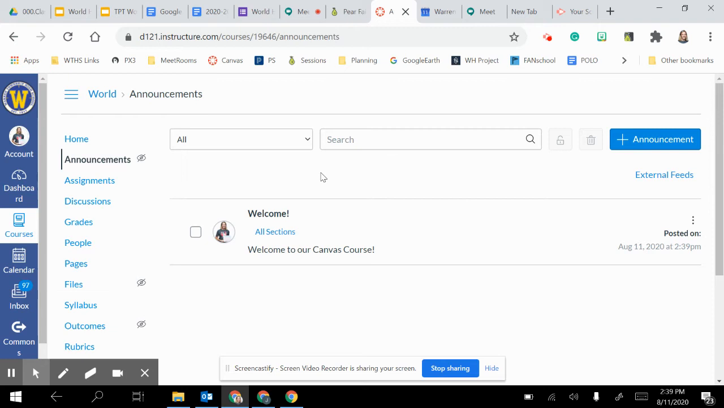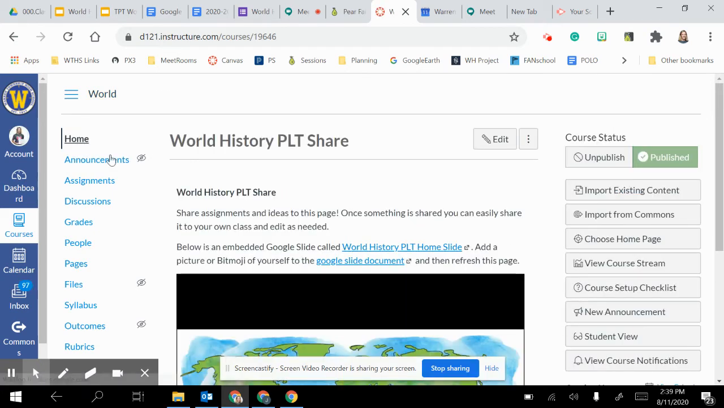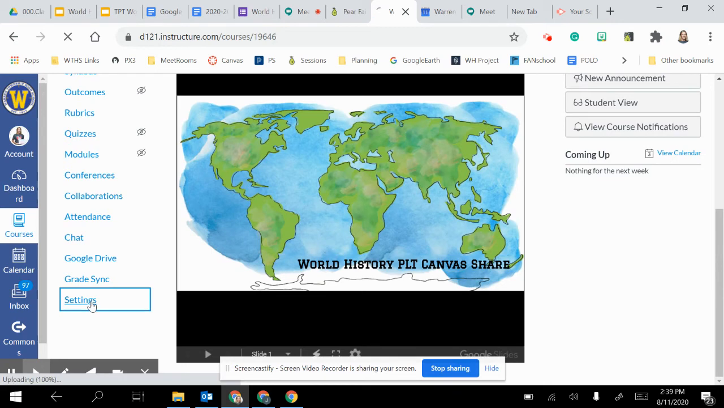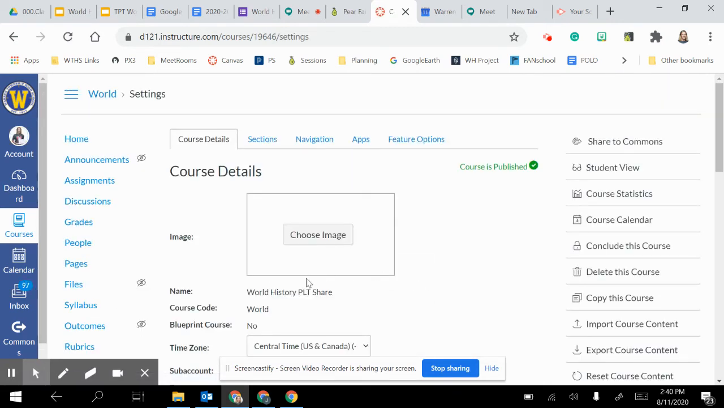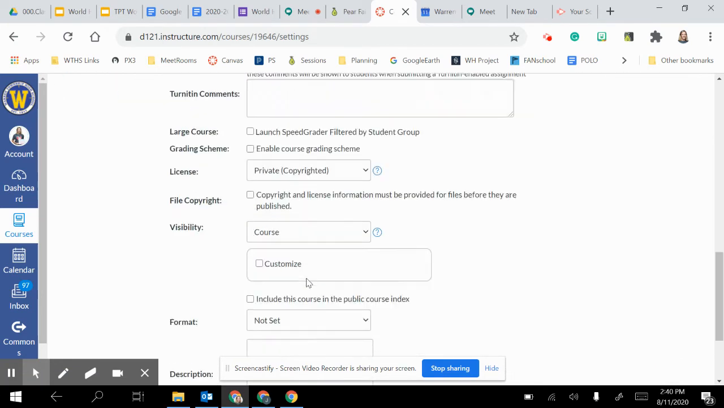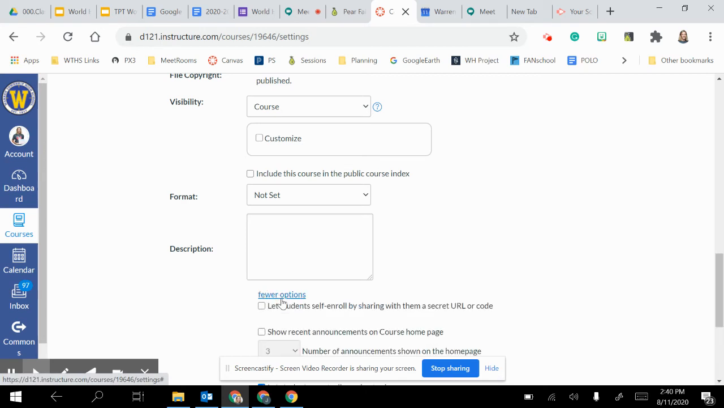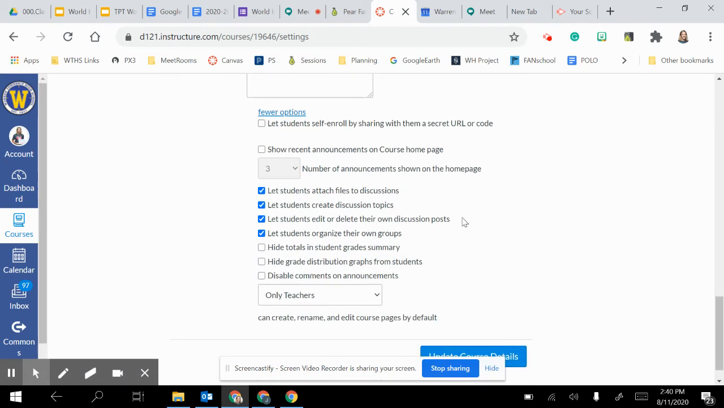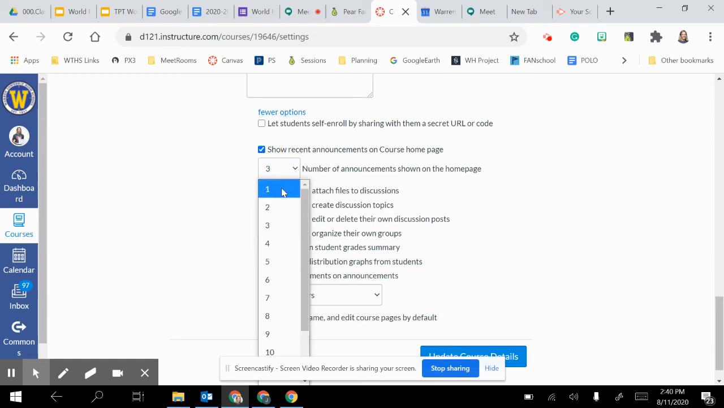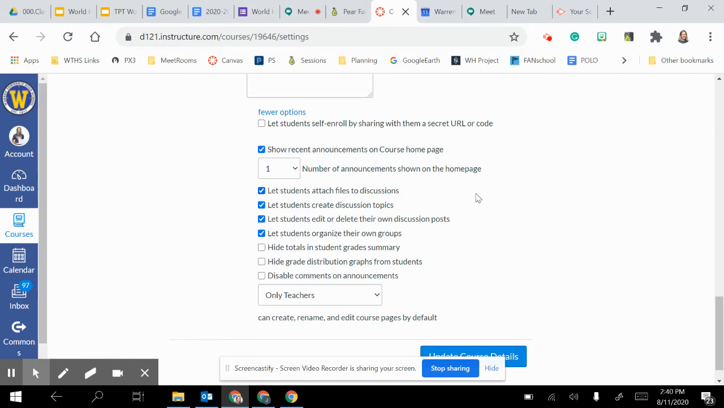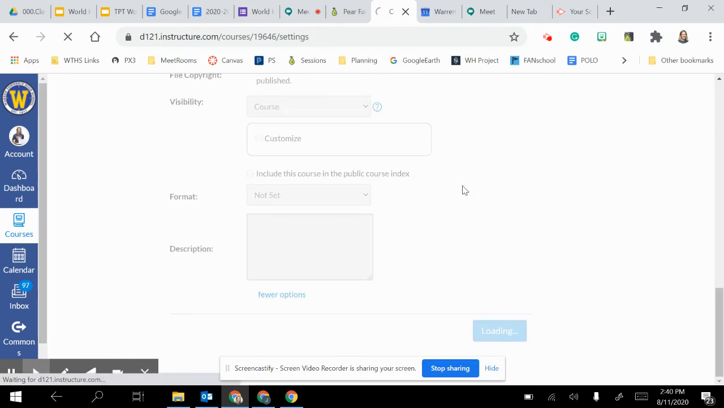So if you want the announcement to be something that shows up to your students, there's a little trick to make it appear at the very top of your page. So if you click on Home, go down to Settings. Now this is hidden, and a lot of people don't know it's here. But if you go down to your course details, more on that later, and you click here where it says More Options, it's really hidden. When you click it, you can show recent announcements on the course homepage. So you can decide how many you want to show, but for this case, I'm going to show just one. And then you can say update course details,